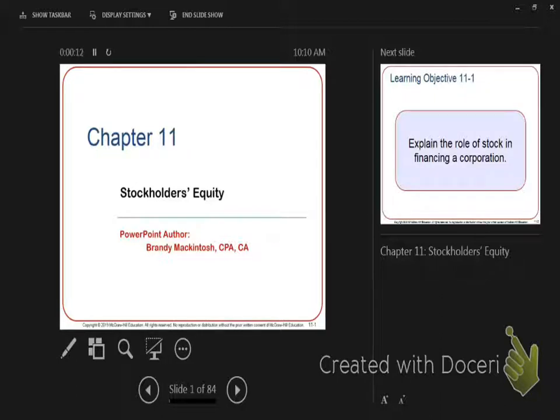So stockholders' equity is dealing with the last part of the balance sheet, the one section we haven't talked about. We've talked about assets, we've talked about liabilities, we've talked about all the things that go into assets, how to come up with depreciation, and how to come up with inventory. This is the last section. Under stockholders' equity is retained earnings and common stock. We've done everything but common stock and dividends, which come from common stock and preferred stock.